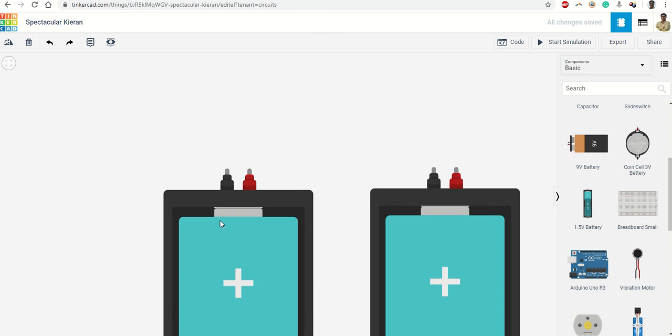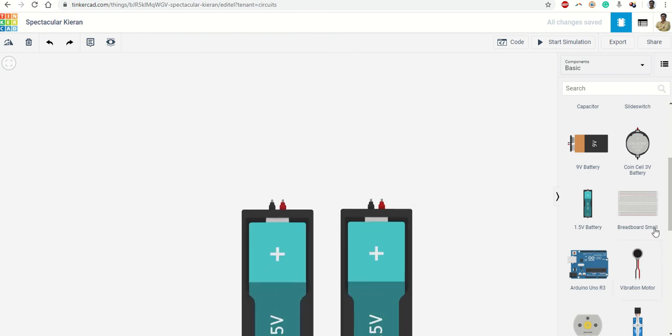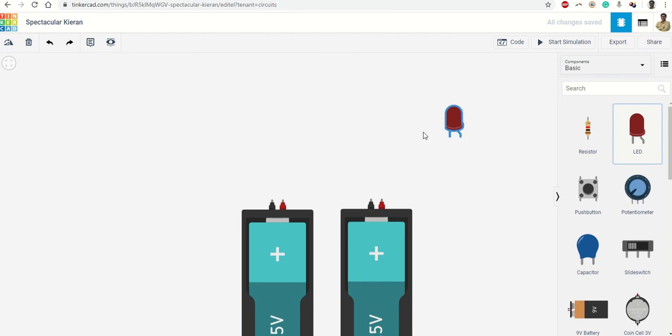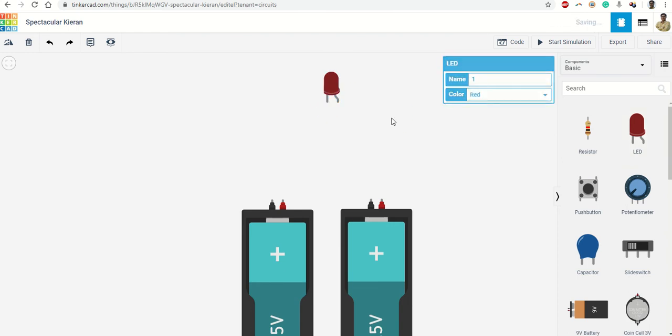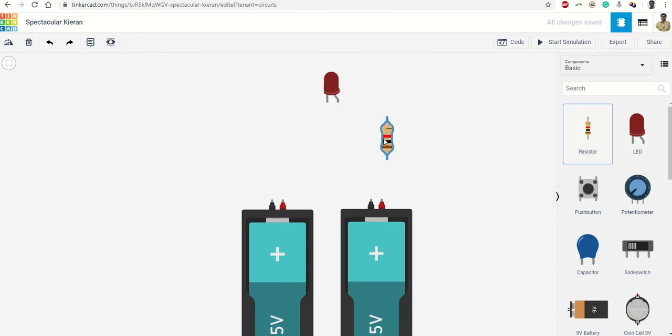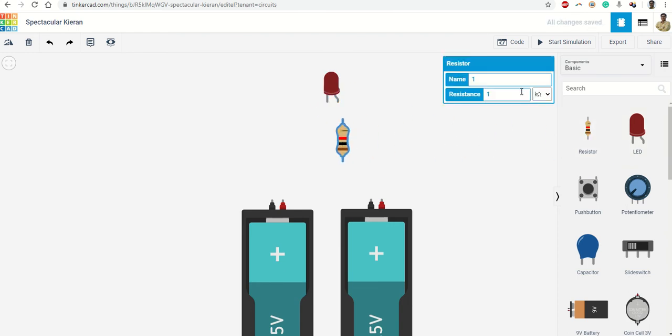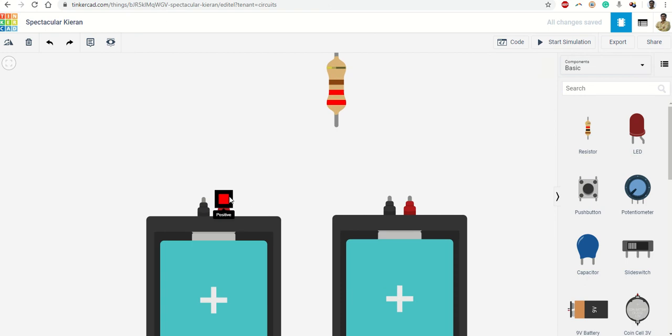Fine. So now I am going to connect these batteries and one LED. So I take one LED. I need one resistor as well. The value of resistor, I am going to take around 220 ohm. So now we start the connections.